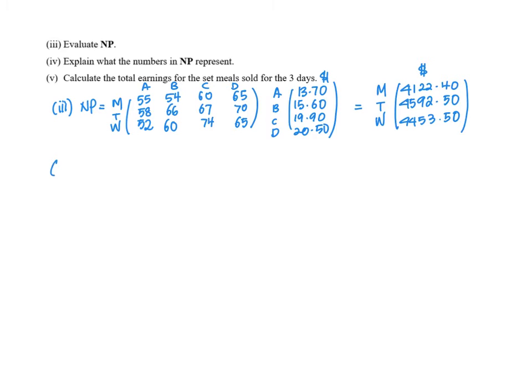Now, part 4, they ask us to explain what the numbers in NP represent. Like I mentioned, I took the quantity for A, B, C, and D and multiplied it to the prices for A, B, C, and D. That will give me the total amount of earnings. So remember, it represents the total earnings earned by selling the set meals